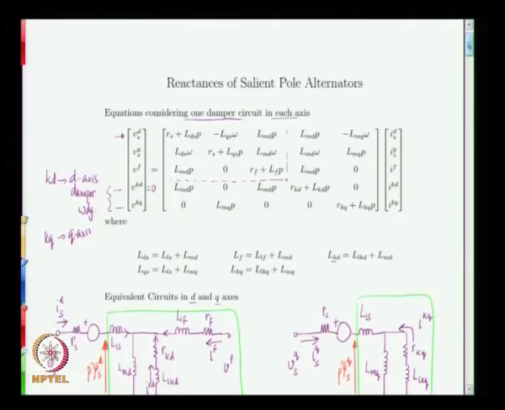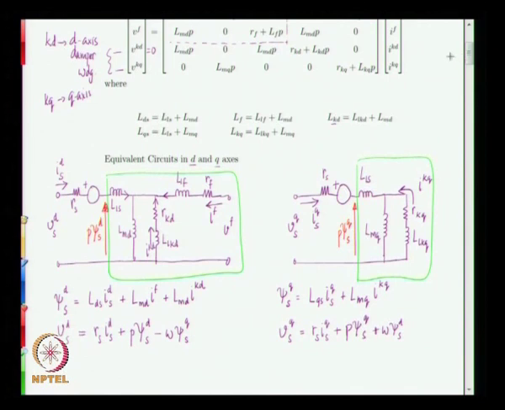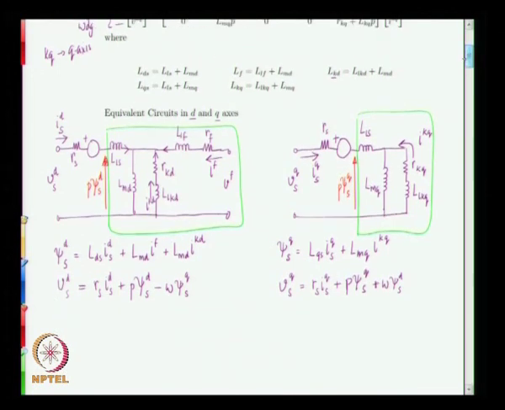We have been looking at salient pole alternators, and from the basic large signal differential equations that are shown here, we formulated equivalent circuits, one for the direct axis and one for the quadrature axis, and then for evaluating this term, the second term here, which is then represented as an equivalent circuit by the circuit within the green box,